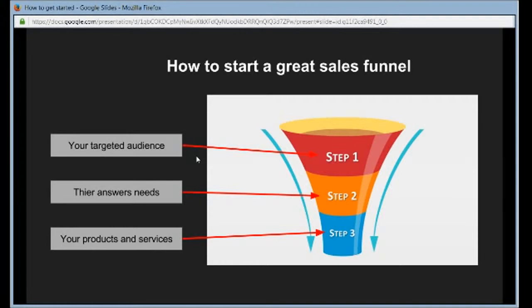Now, step 3, your products and services. Your products and services are not only going to be shown within your website, but they're also going to be in the course that you may want to teach, or within a class of some sort, and you'll sell those products and services to help those people, so it would benefit them in some shape, form, or fashion.